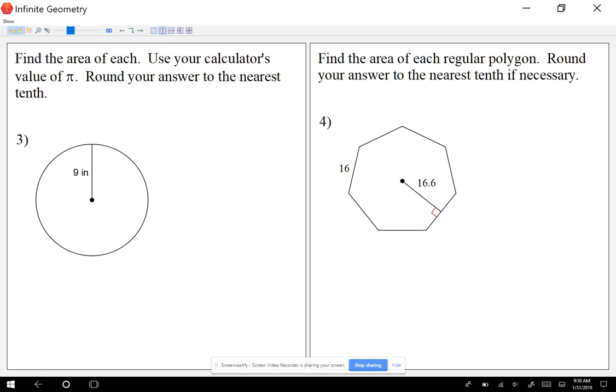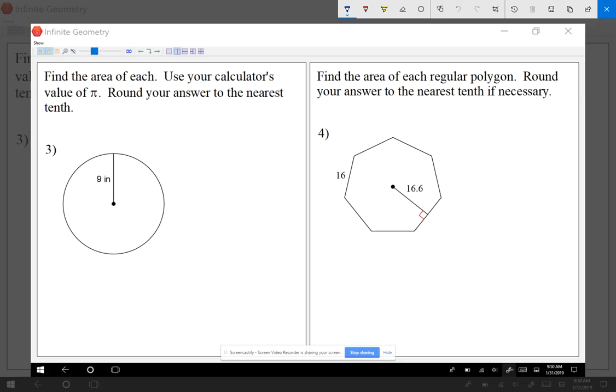Now, let me take a look at two questions here, questions 3 and 4. Now, the area of a circle, the formula is going to be radius squared times pi. Right, radius squared pi. That's the area of a circle. So I see my radius here is 9. So I'm going to get 81, right? 9 squared, or 9 times 9. That's 81 times pi. But because it says use your calculator's value of pi, round your answer to the nearest